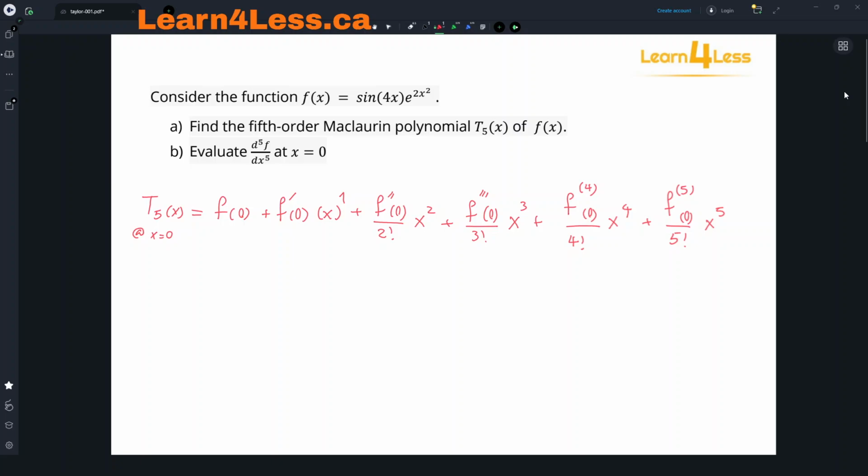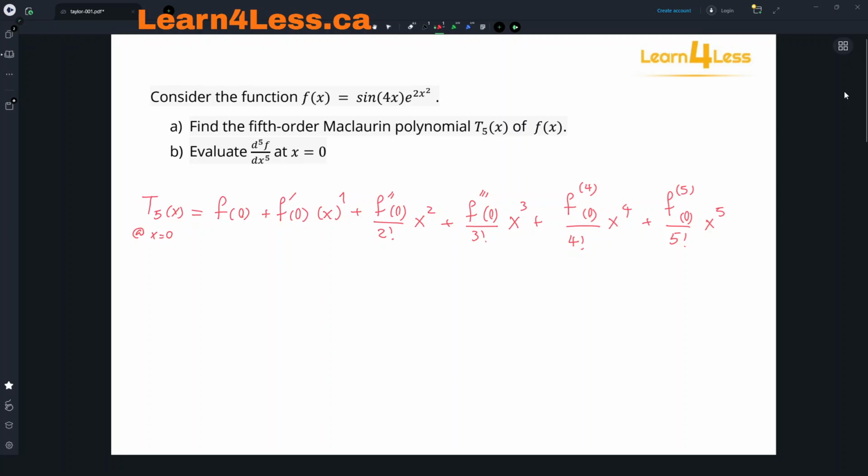So we want to write these, but if you want to take the derivative of these 5 times or 4 times, it's a very, very long procedure, because right now what we have is sine of 4x times e to the power of 2x squared, which we need product rule. And for this part, we need a chain rule. And the next time you need 3 terms for product rules. That's a very, very long process to just get to f double prime. F triple prime, the fourth derivative and the fifth derivative, that would be really a painful process, a very long